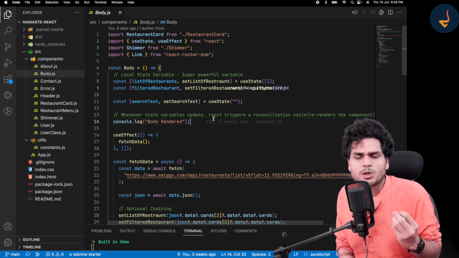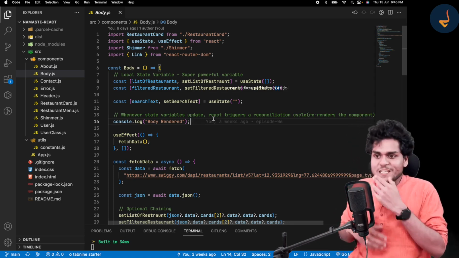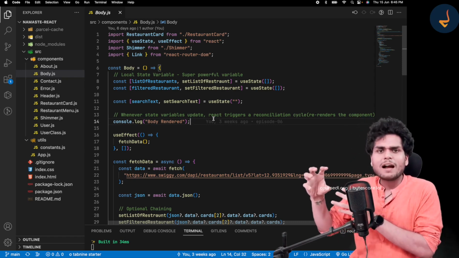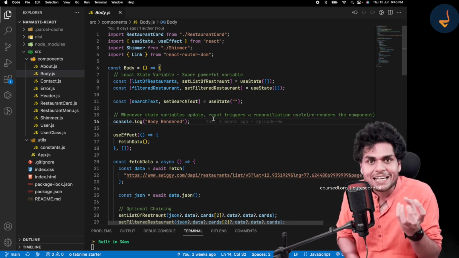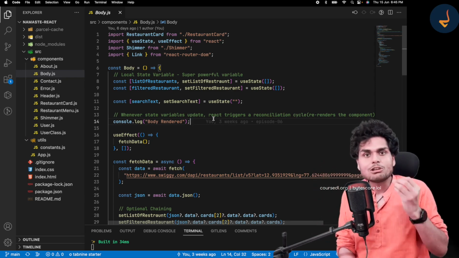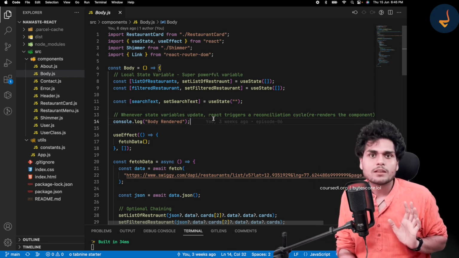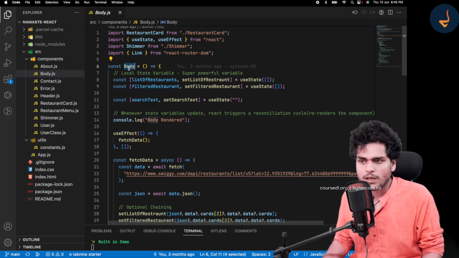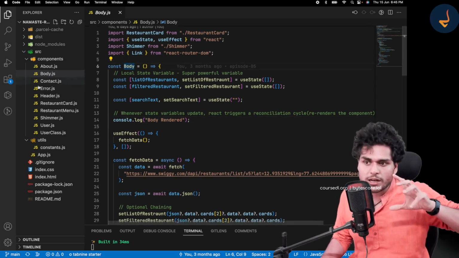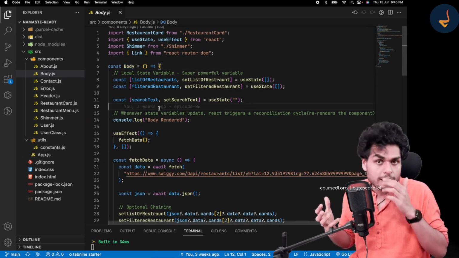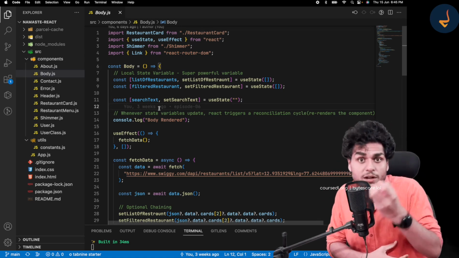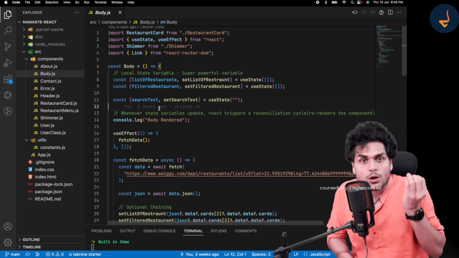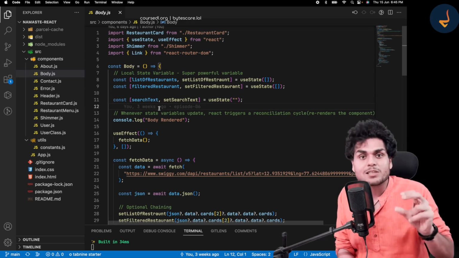What does this single responsibility principle mean? So single responsibility principle means that suppose you have a function, or a class, or any single entity of your code, right? That should have a single responsibility. What does this mean? Let me tell you. So over here, what is this body component? At the end of the day, all these components that we have created are functions, isn't it? So each component is a different function. So according to that principle, each of these components should have a single responsibility.